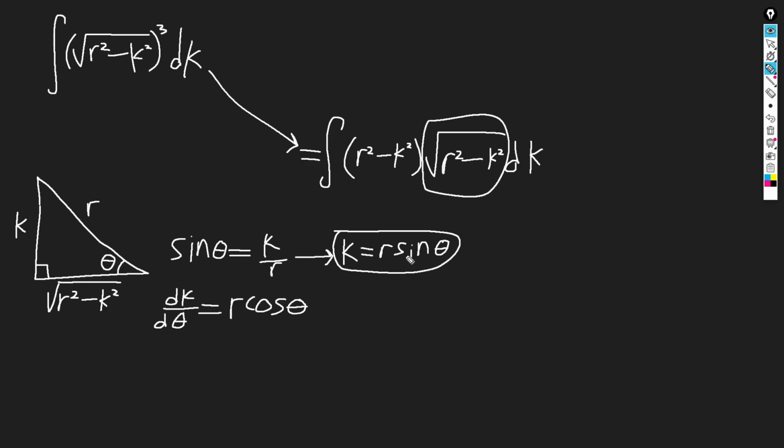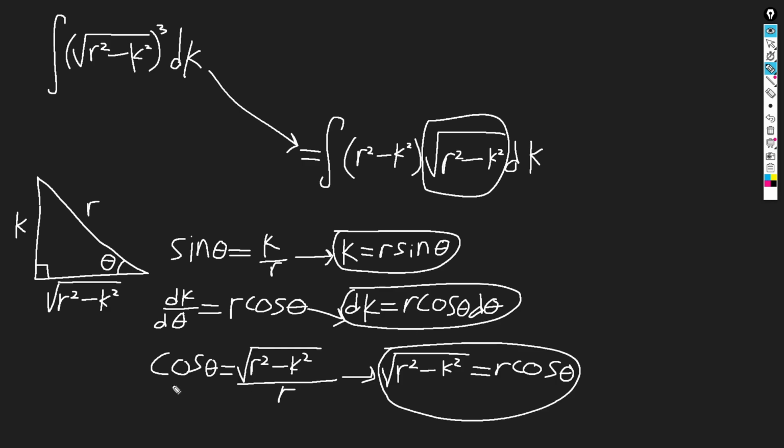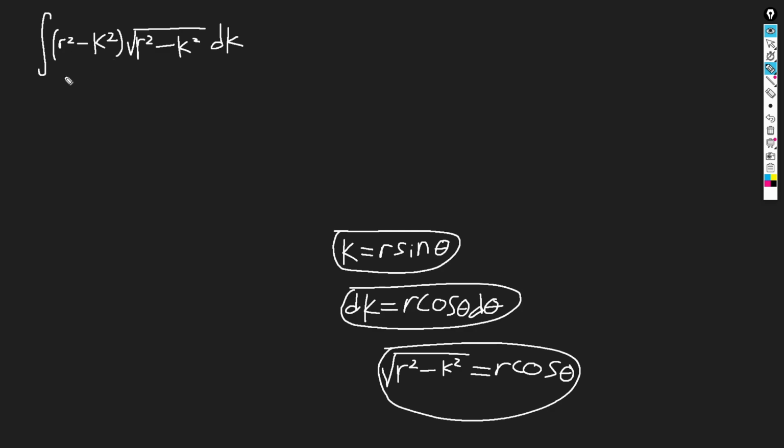And then if we differentiate this, we get dk d theta is r cos theta. So we get dk is r cos theta d theta. And we see that cos theta is the root over r. So the root is equal to r cos theta. So going back to our original indefinite integral and making these substitutions, mainly these two, we get